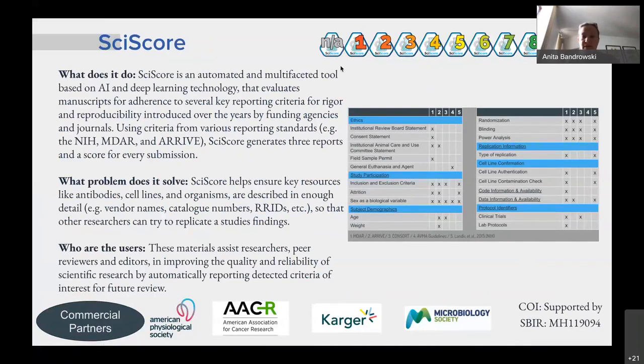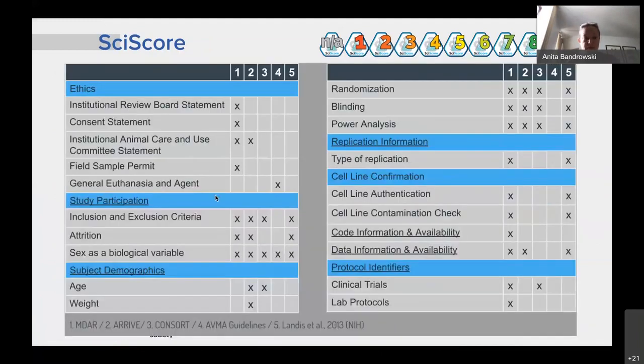And then what it does is it says, hey, I'm expecting a certain number of these things, and I am not scoring or I'm not finding these. So just a little blow up. So in addition to finding a statement about antibodies and being able to find those antibodies or cell lines in the